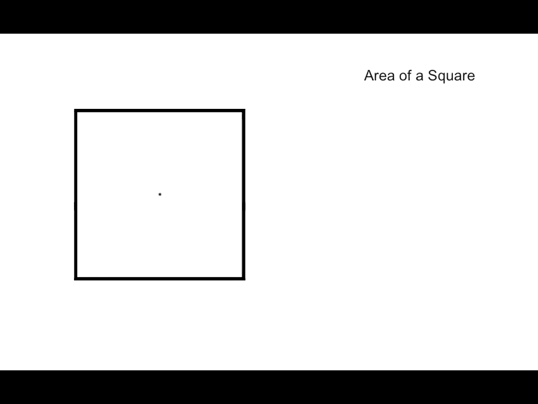In order to find the area of a square, we normally use the formula area equals side squared, which is all good and fine if we're given the side length. What if we're given the length of the apothem instead? So if that's the case, what we'll have to use is the formula area equals 1/2 times apothem times the